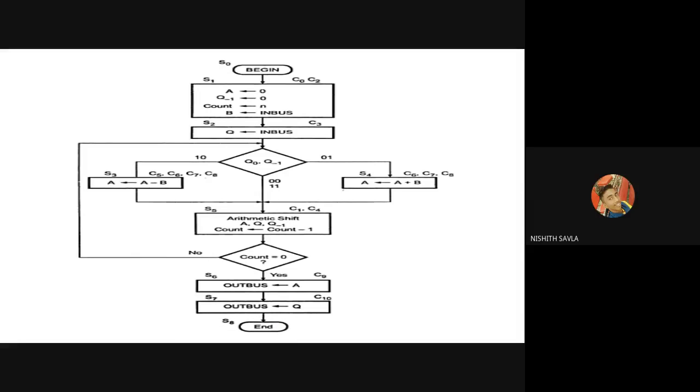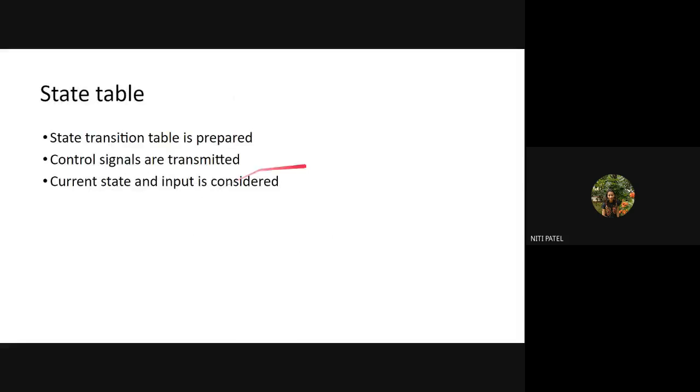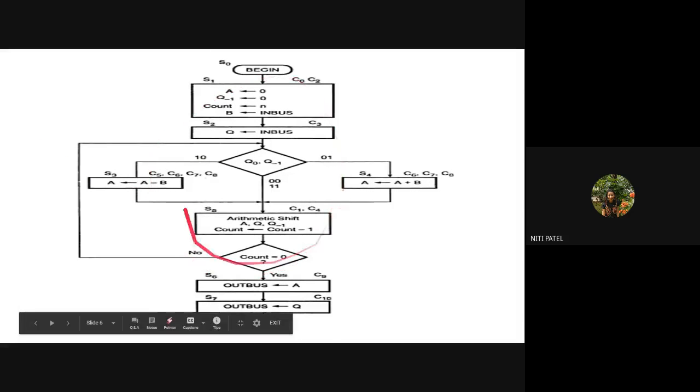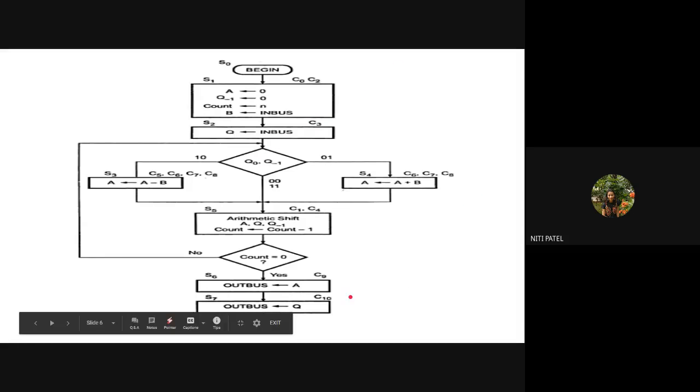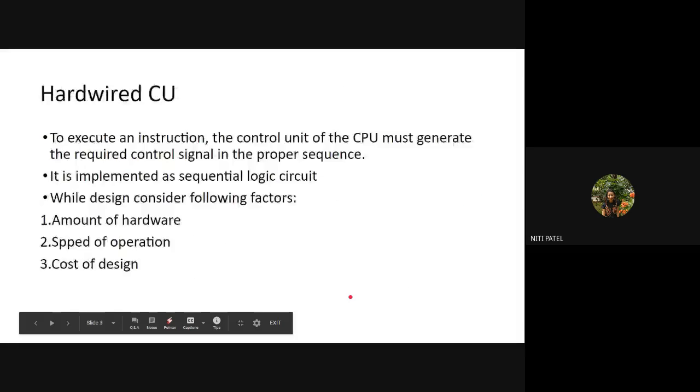What are those numbers? They are nothing but the control signals and appropriate states of each and every operation that is performed. When I have to perform a multiplication of two numbers, say suppose 3 into 3, if these are the two numbers and I have to multiply both using binary or using Booth's algorithm, I will use this flowchart. Correct?